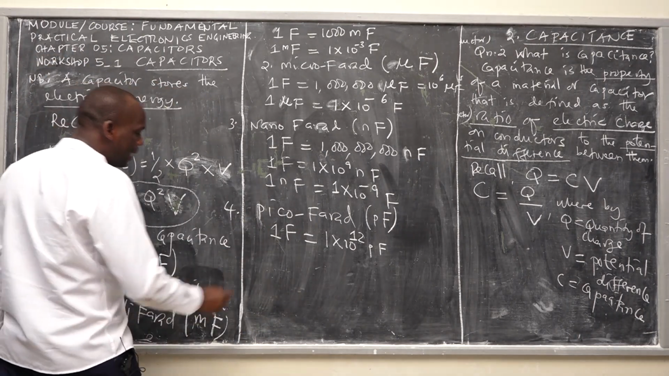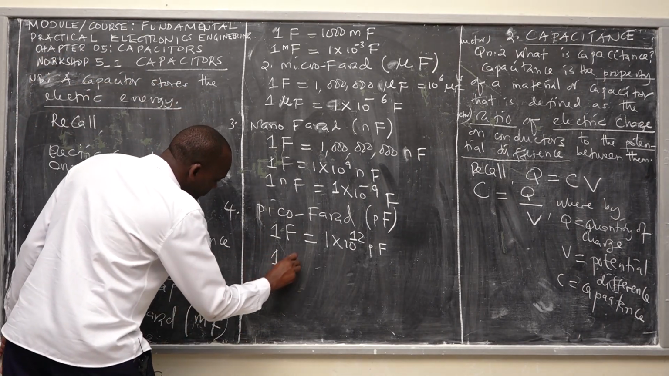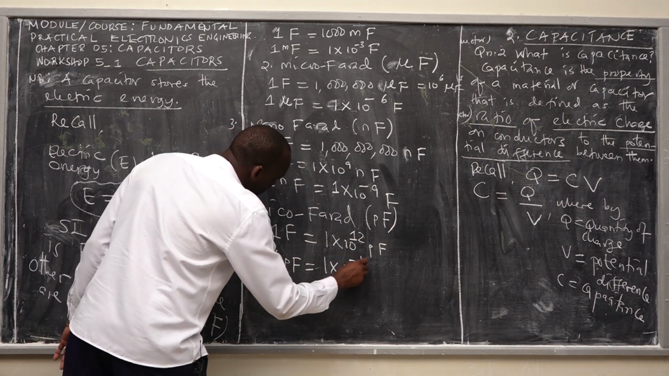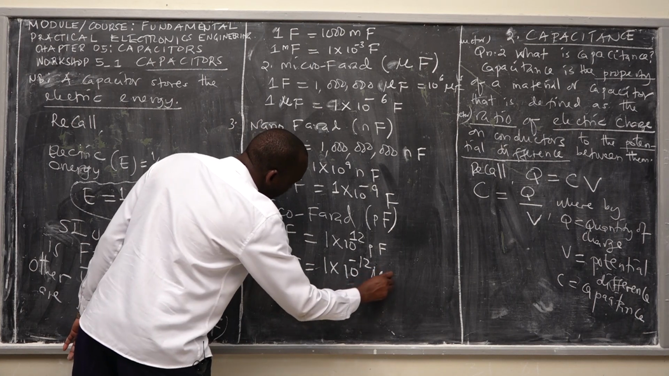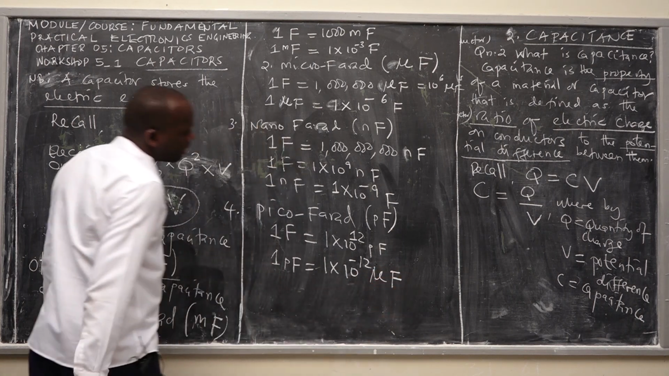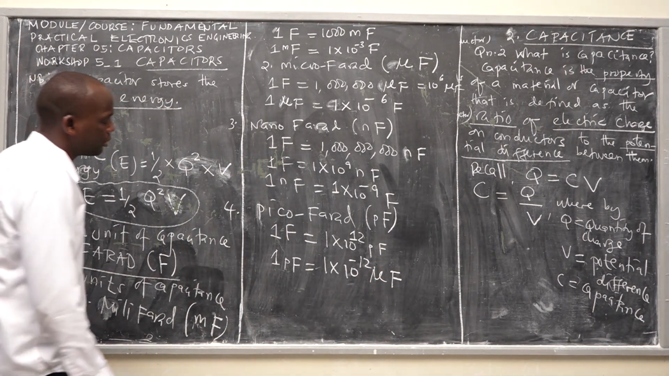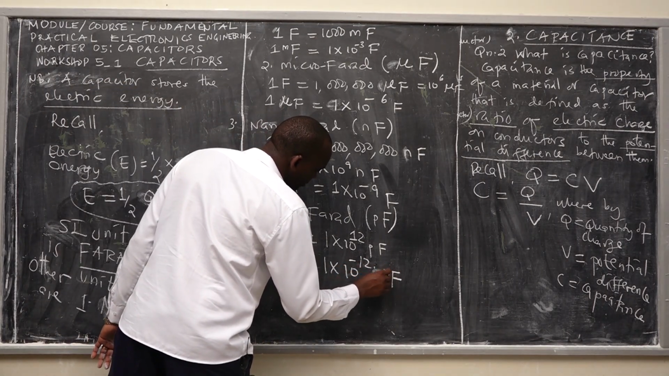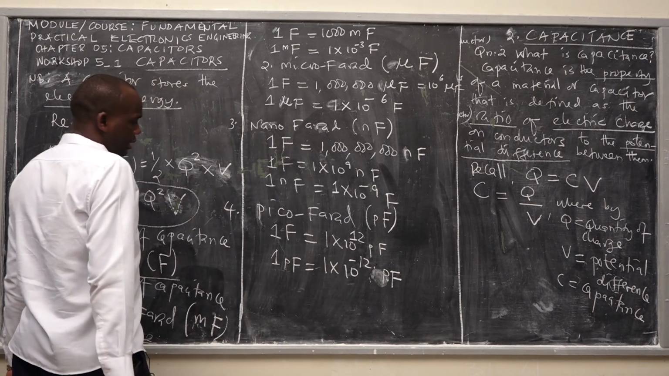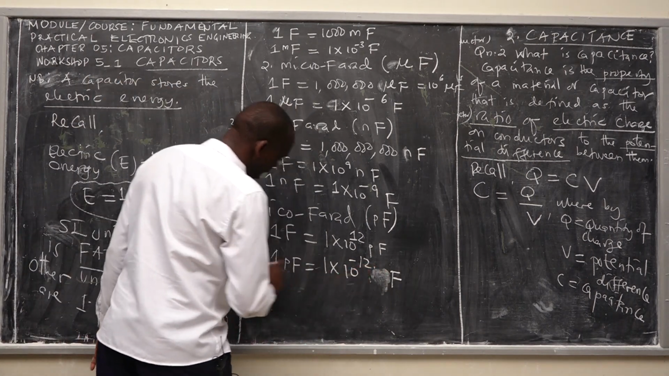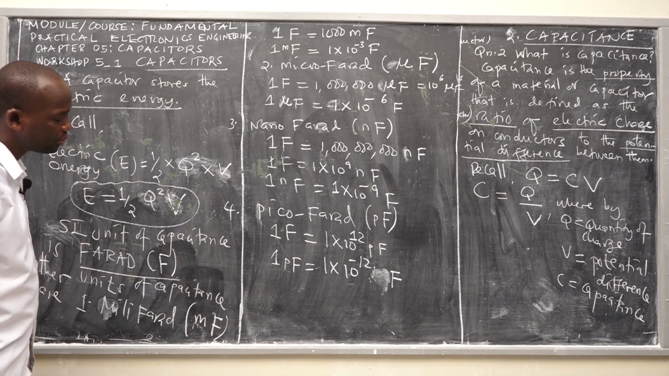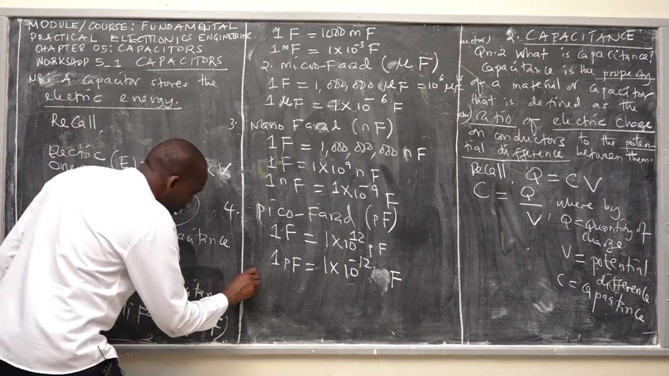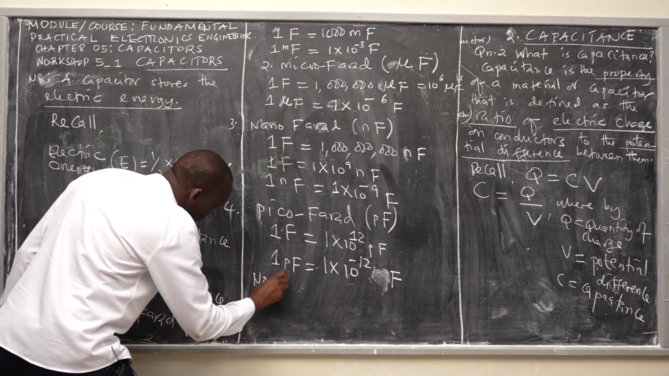And then we say that 1 picofarad is equal to 1 exponent 10 power negative 12 microfarad. Farad, yes, 1 picofarad is equal to 1 exponent negative 12 farad. So this is the note, most